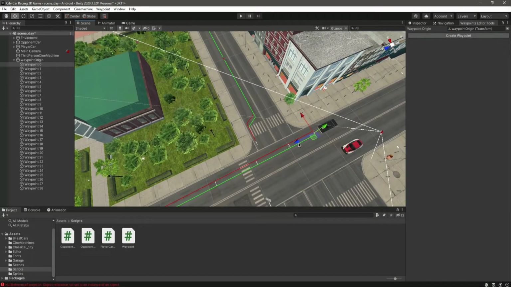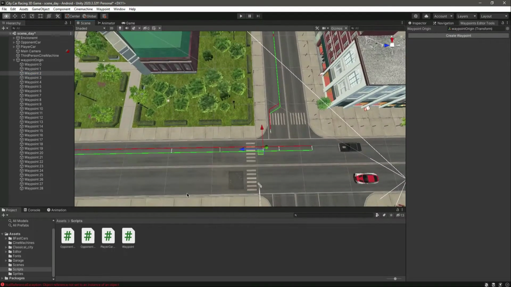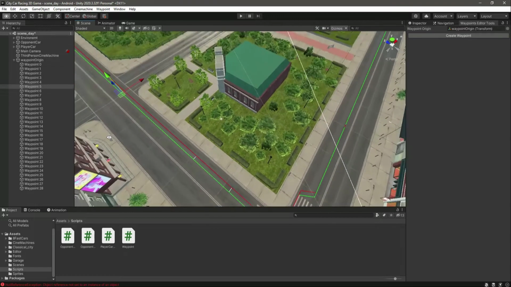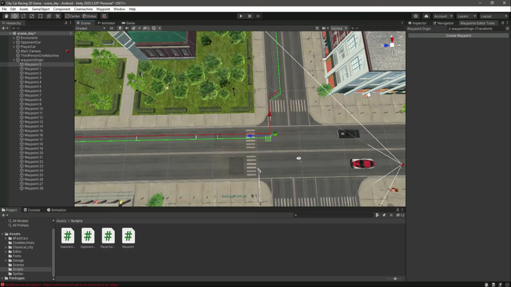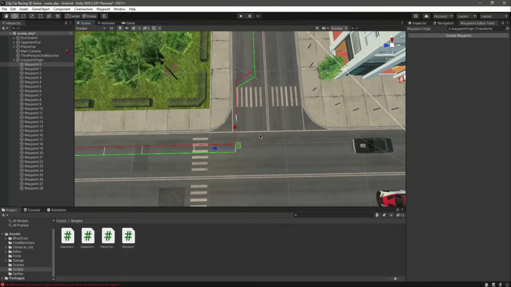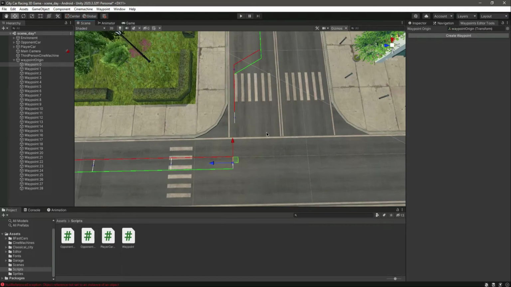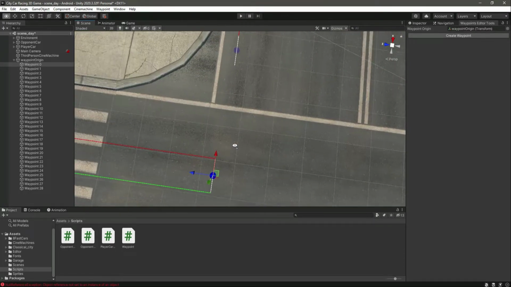What we can do, we can simply move this waypoint there. Let's move this one there a little bit. Okay, let me actually select the fourth one, move it a little bit there, then select the third one, move it there, select the second one, move it there, and the first one, move it there, and then the first one, align it with this one. Okay, as you can see,